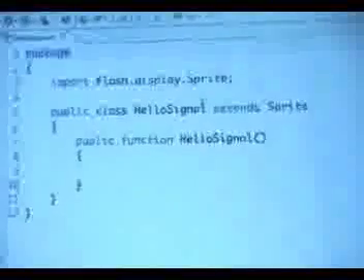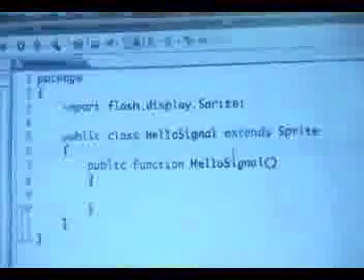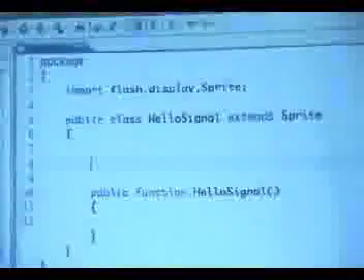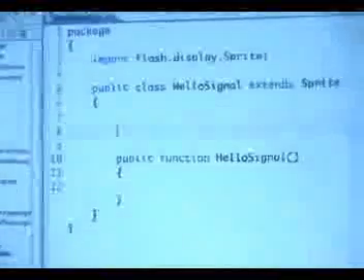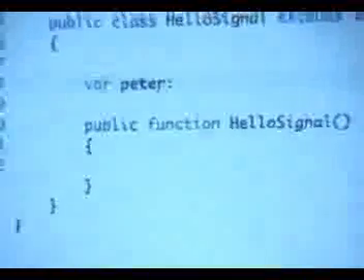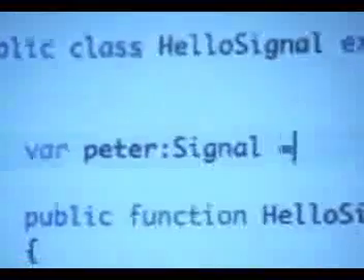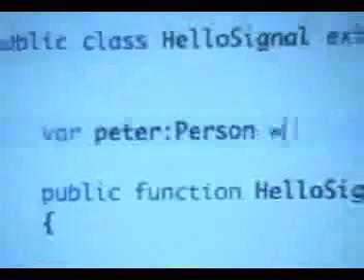So in this case, we have a HelloSignal, and as developers, you probably know that you always have to begin with a hello world example, otherwise you get some problems. So what I'm going to do here is create a hello world. So I have this empty class, and what I want to do is have it instantiate a class that dispatches a signal. So what will I do? I'll say var Peter is a signal. Is a person,